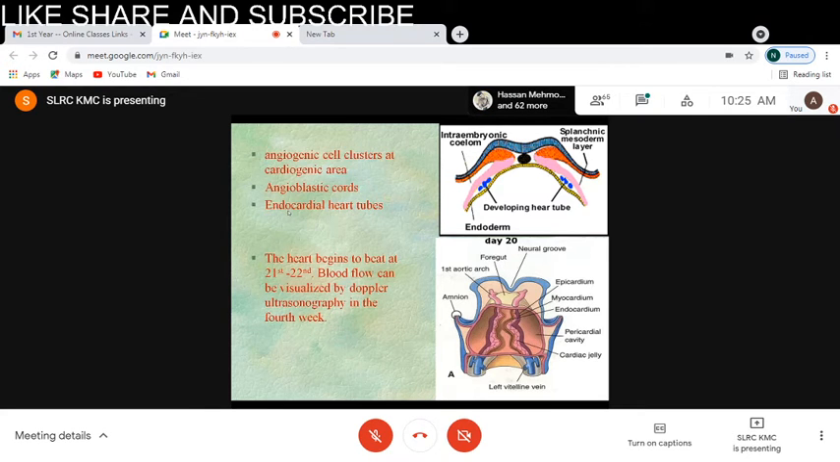जिस तरह ब्लड वेसल्स बनी थी उसी तरह एंजियोजेनिक सेल क्लस्टर्स बनेंगे, कार्डियोजेनिक एरिया में एंजियोब्लास्टिक कॉर्ड्स बनेंगे, that is solid cords of cells are formed, and then spaces appear between these cells and they form two tubes, one on each side, and they are the initial endocardial heart tubes। जो कि आपको इस फिगर में नजर आ रहा है, ये ट्रांसवर्स सेक्शन है, ये वर्टिकल सेक्शन है। ये जो दो ट्यूब्स हैं, these are the two heart tubes। Initially these tubes are solid and they are called the angioblastic cords। Later when they become canalized, they are called the endocardial heart tubes।